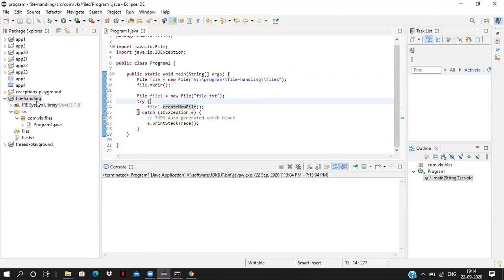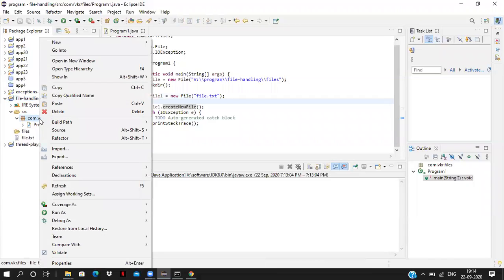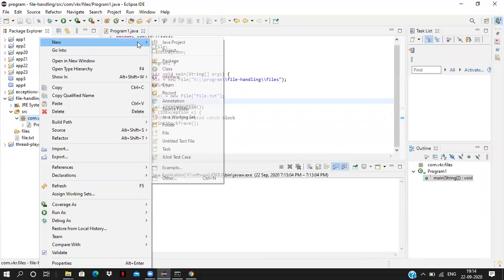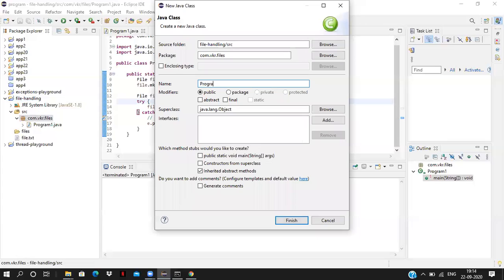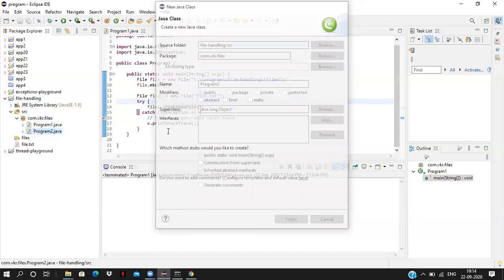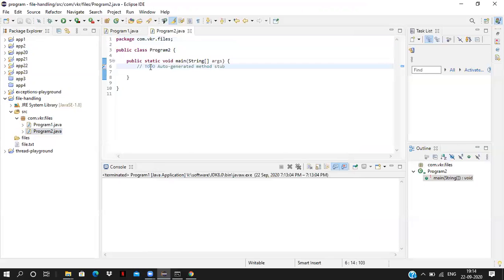Now let's go and see some other methods which will be useful for file handling, when we create a file and work with files. Now right click on my package. I'm creating a new class, program 2. Now inside main,